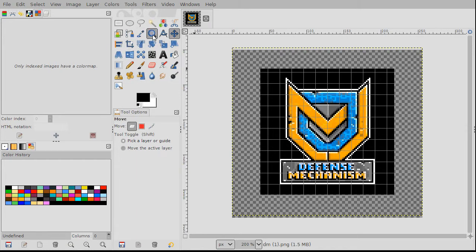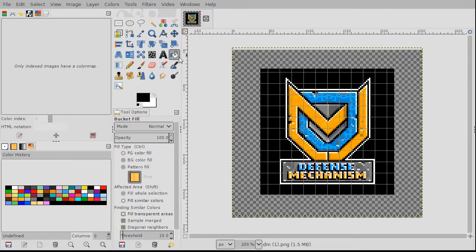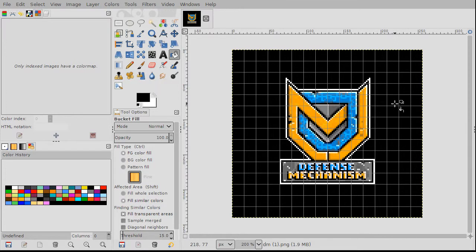You have to kind of feel your way around and make some adjustments as you go. So layer to image size again. Alright, so the next step is probably to reduce our colors. This is something that I always do, because a lot of times I'm working with an image that's not pixel art. And even pixel art, as it is, a lot of times uses like 128 colors or something that's pretty wild. So in order to do that in GIMP, you need to go to, what is it, image mode